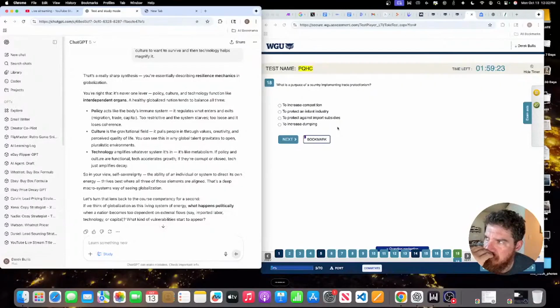Well, subsidies is typically a handout, so that might be a benefit. When you're implementing protectionism, you're trying to protect yourself. So, protect an infant industry, yes, but typically when you're